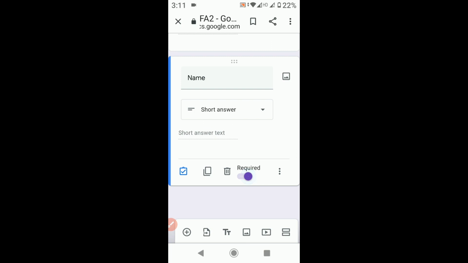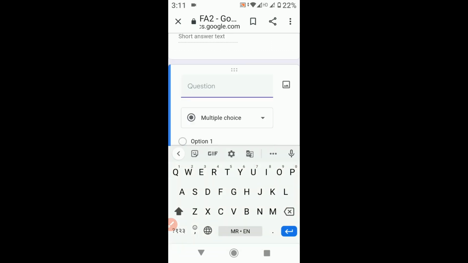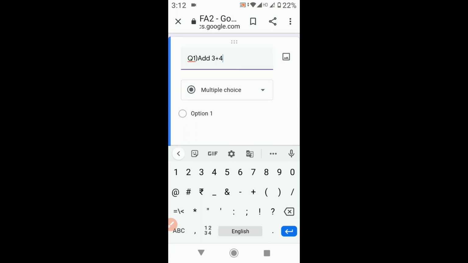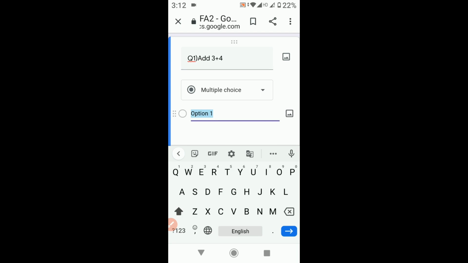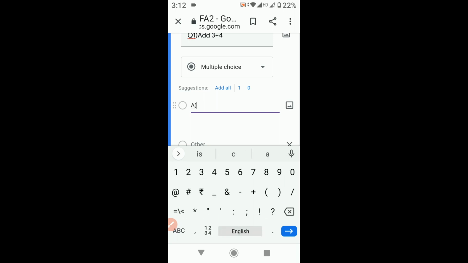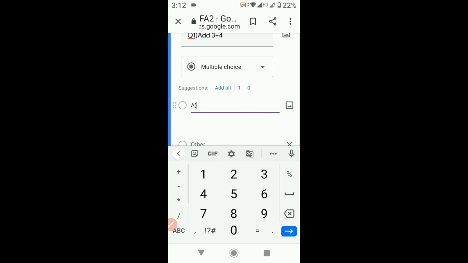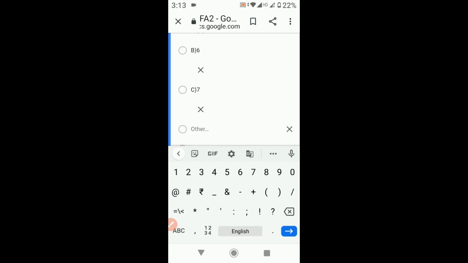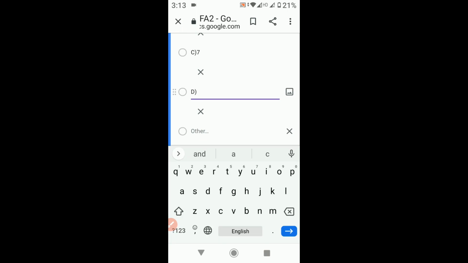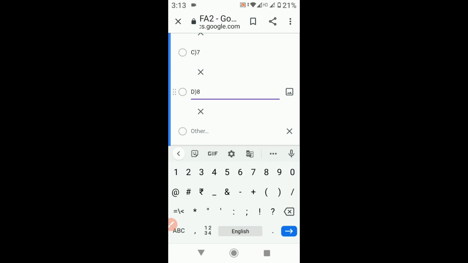Now click on this add option and start writing question number 1. So this we want as MCQs, so we will keep it on MCQs only, and we will start giving the options. We will give the options as A, 2, and another option it's 8.